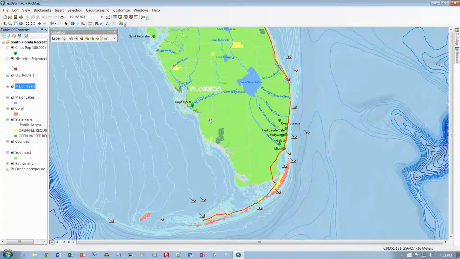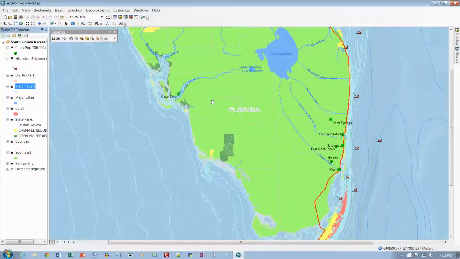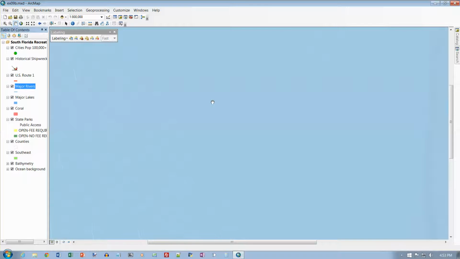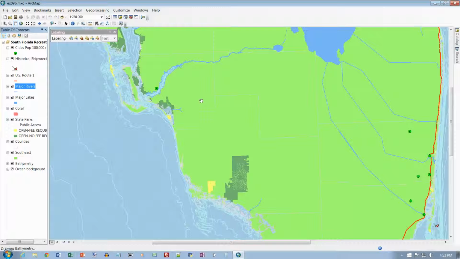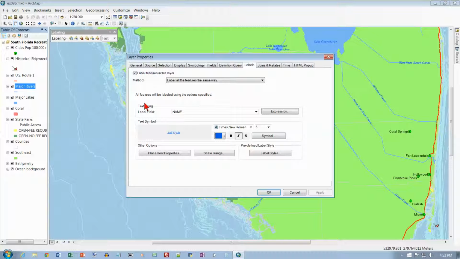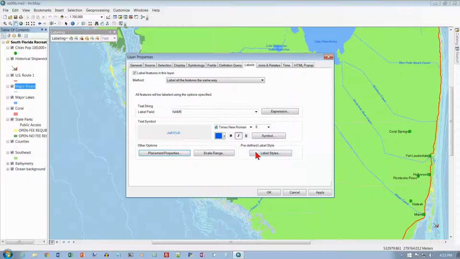Let's see what happens if we zoom in on this. We might get a little bit of improvement if we do. And it doesn't really look like we are. Most of these are like overlapping the river or the canal itself. So let's try something. Let's double click on this. And let's go to Placement Properties here. And let's try above, and let's see what that does. I'm not actually sure, but I don't think I've used that one before, but let's click on OK, and let's